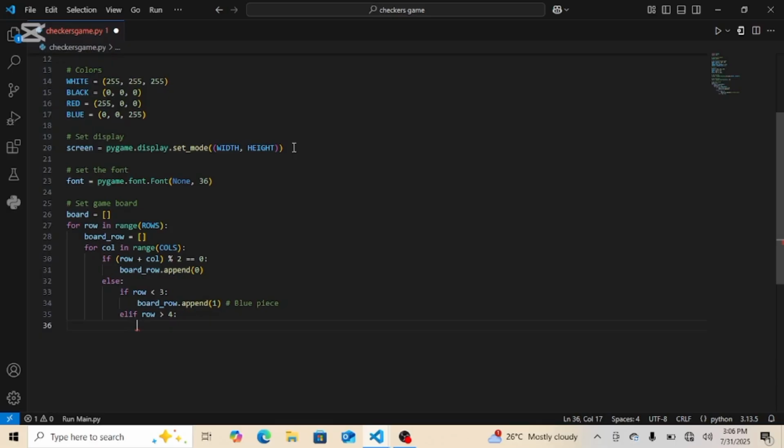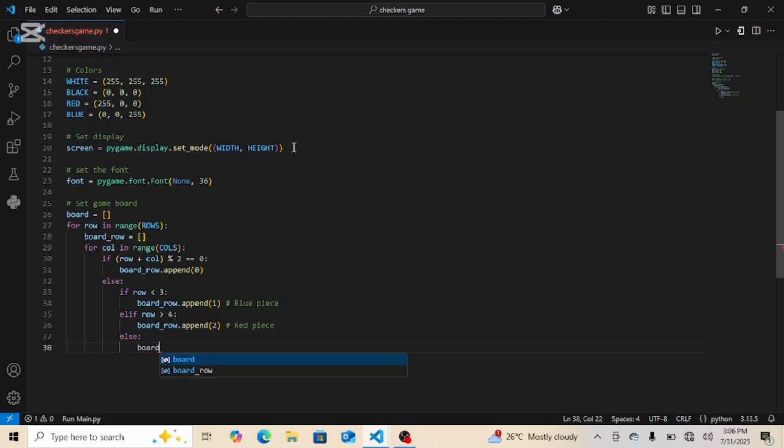That is fine. So for the second one I'm going to say that board row dot append is 2, then let me comment that this is for the red piece of the game. Then lastly I'm going to say else, this is where we'll stop for this series, else board row